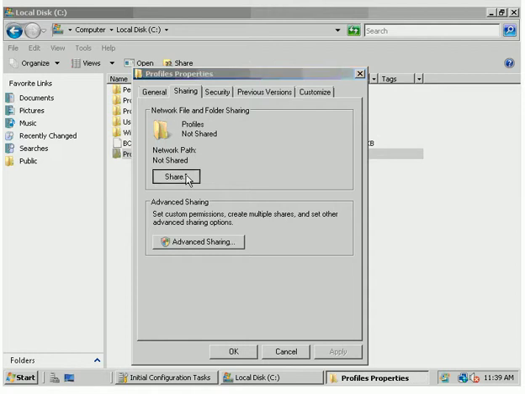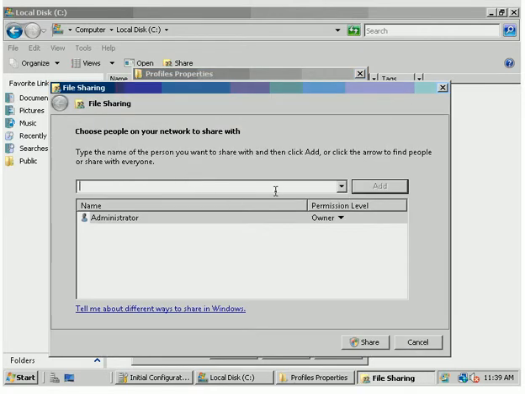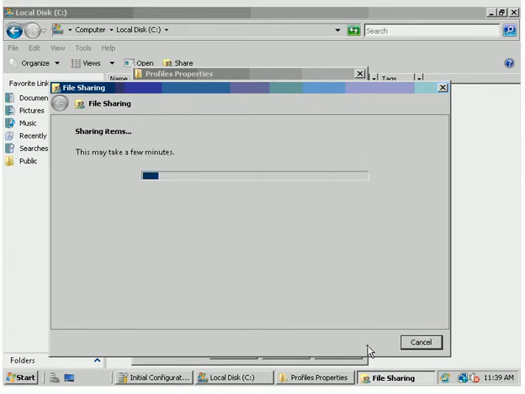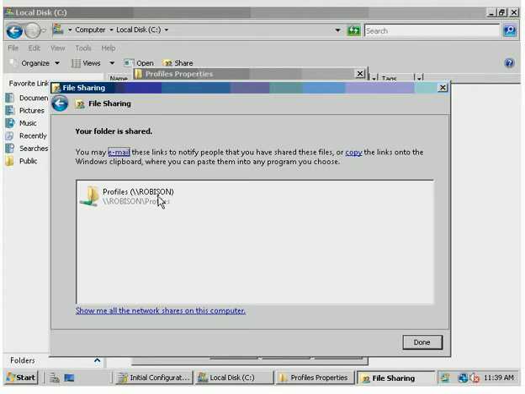So we'll go into sharing and we'll share this, and then we need the administrator, we need other users to be able to do this. So let's do authenticated users. We'll add them. Reader would give them read-only rights, and they're going to need to be able to create and write to their profiles, change their profiles, unless we want to make them a mandatory profile. So we'll make these guys contributors, and we'll go ahead and share this,